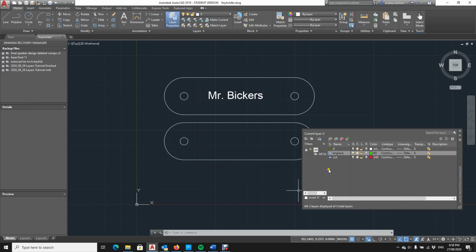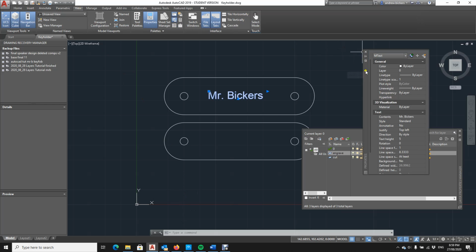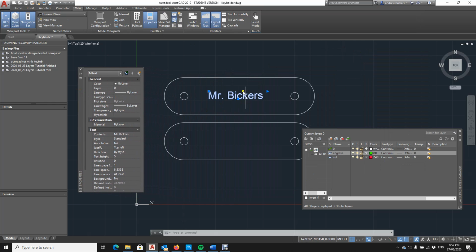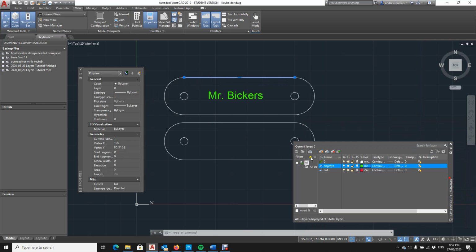Okay. Now I need to change the properties of these objects, so I need to get my properties up, so I can go view, properties, and I get my properties window. So if I highlight this text, that's M text, so it's an M text object. I want to put it on the layer engrave, and I want to put all the other objects on the cut layer. But what could be easier, what I'm going to do, which is going to be a bit easier than that, I'm going to just highlight all the objects,